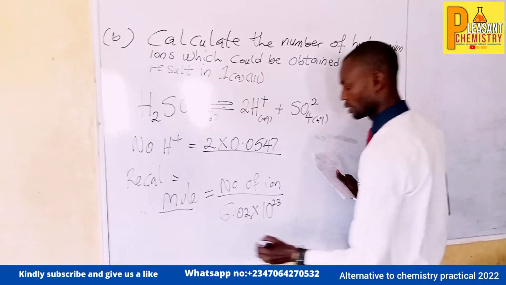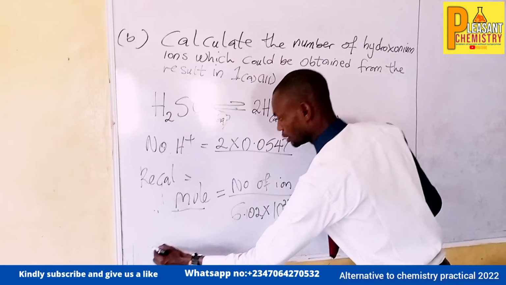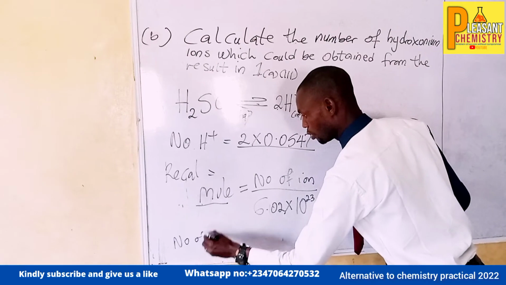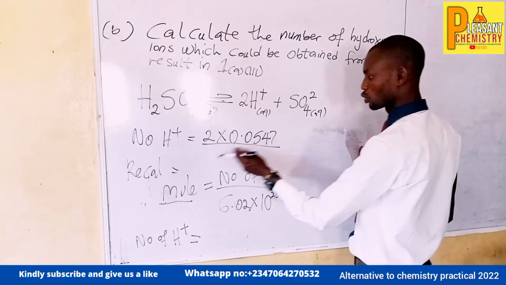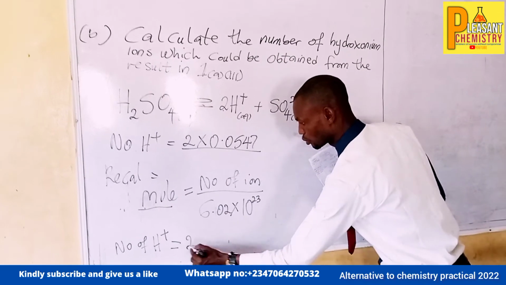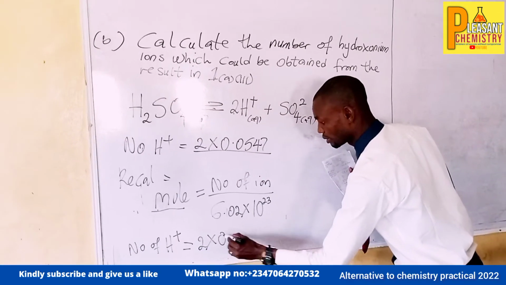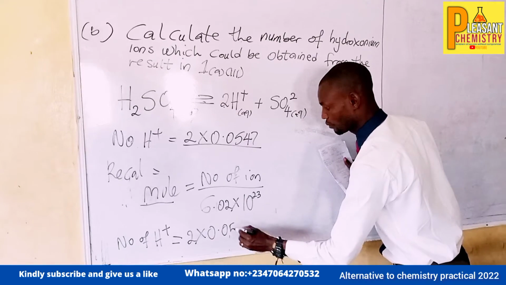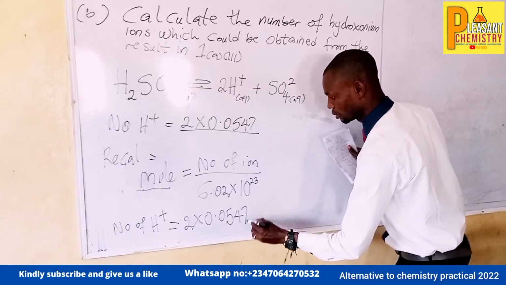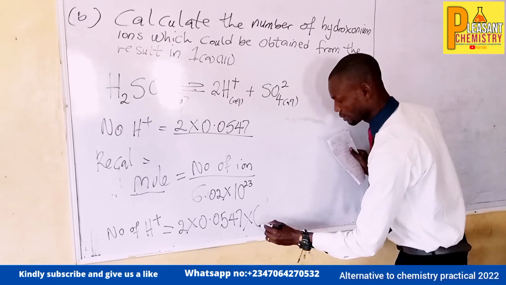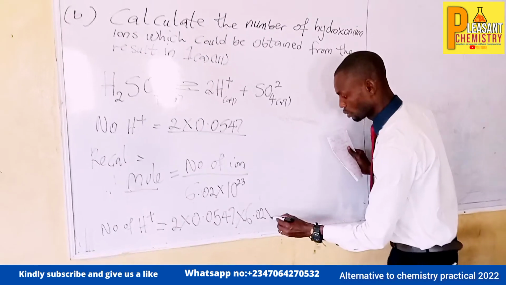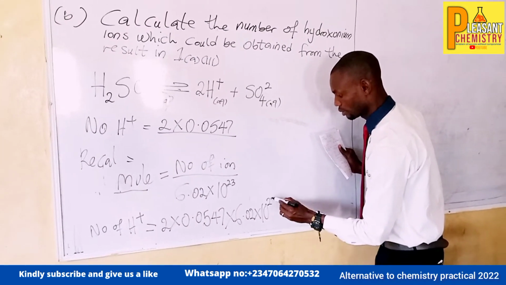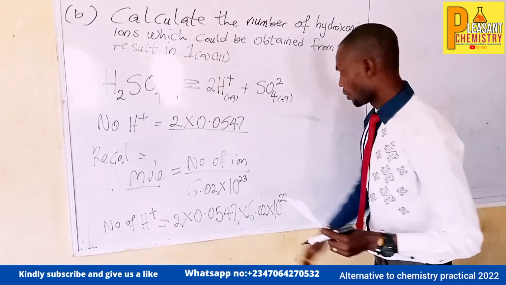Our mole is this, and then we'll be having number of hydrogen ion is equal to, so we substitute mole into this formula to have 2 multiplied by 0.0547 multiplied by 6.02 multiplied by